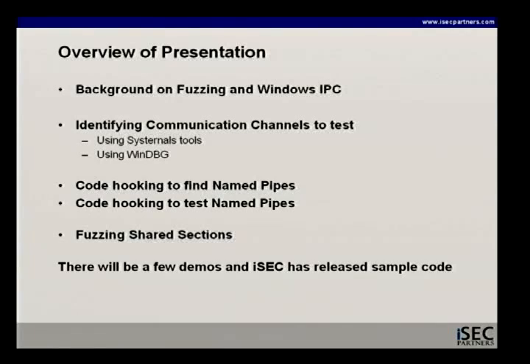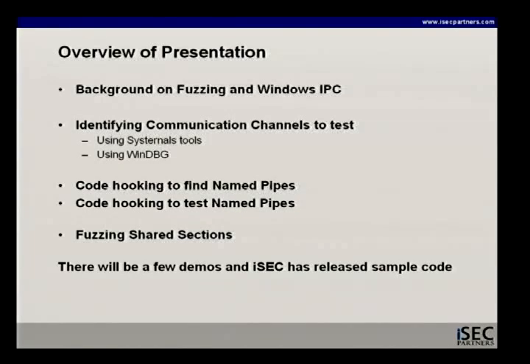So I'll be starting with a little bit of background on fuzzing and some information about Windows IPC. Then I'll talk about mechanisms for identifying the communication channels to test. Turns out that determining the attack surface of applications isn't always obvious. And I'll cover a couple of tools, give some demonstrations, and then I'll jump into a mechanism that requires a